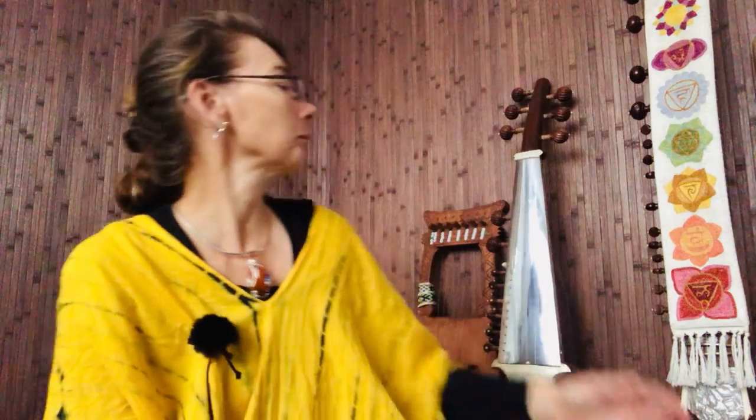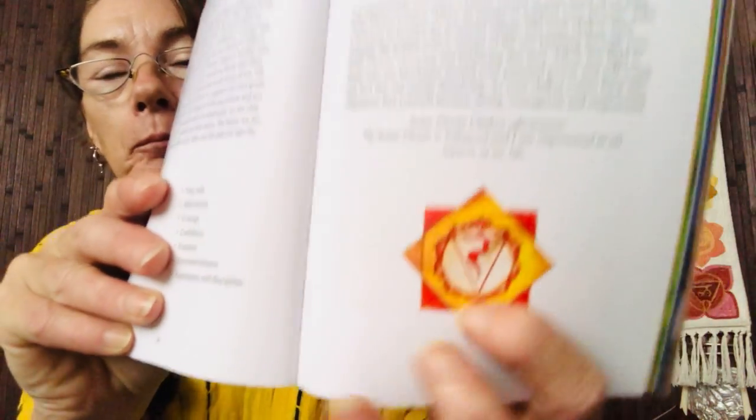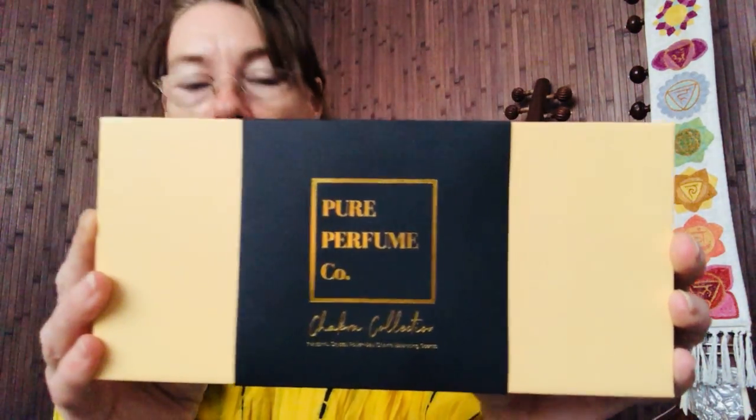Okay, so we're going to balance the Manipura. This is the solar plexus symbol, the yogic symbol. If I pick up a book here, you can see it a little bit closer. Okay, and the animal for this in Hinduism is the ram. Okay, so I'm going to use some of these pure perfume oils that Merin has mixed up,